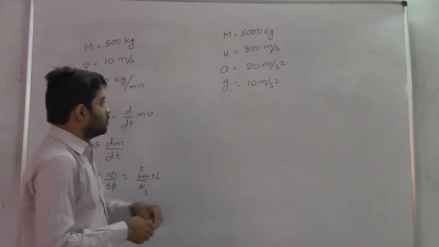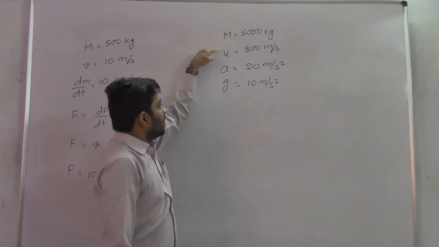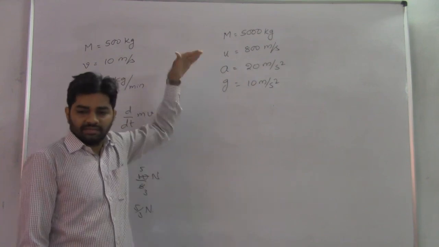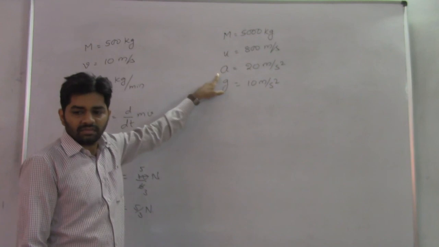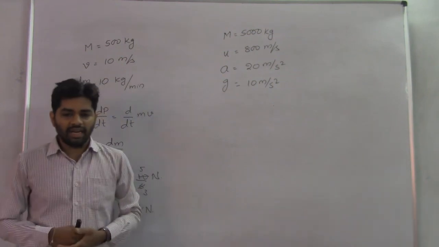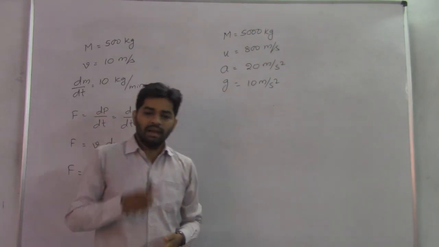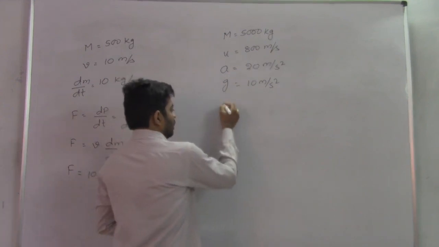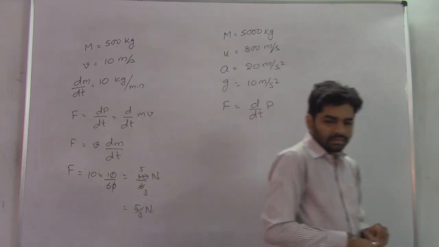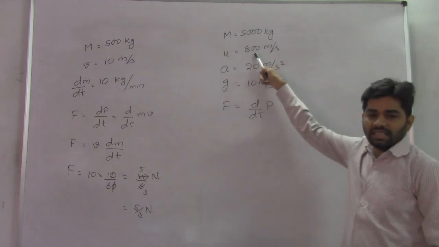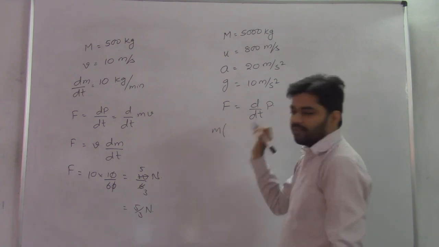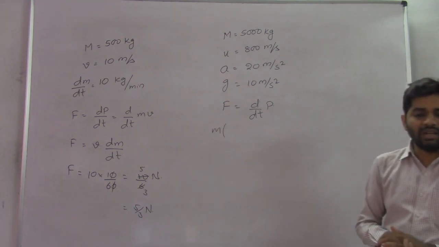So what they are saying, a rocket is moving, mass of rocket is provided, exhaust speed is 800 meter per second. Acceleration has to go upward with this acceleration. Clear? Then how much amount of gas is ejected per second? So at the back of the rocket, how much amount of gas is coming out, they are asking per second. So what happened in our formula? F is equal to d by dt of P, general formula. Again, exhaust velocity remains same, that is 800 meter per second. So force I can write here, it is going upward now. We have to consider what here?